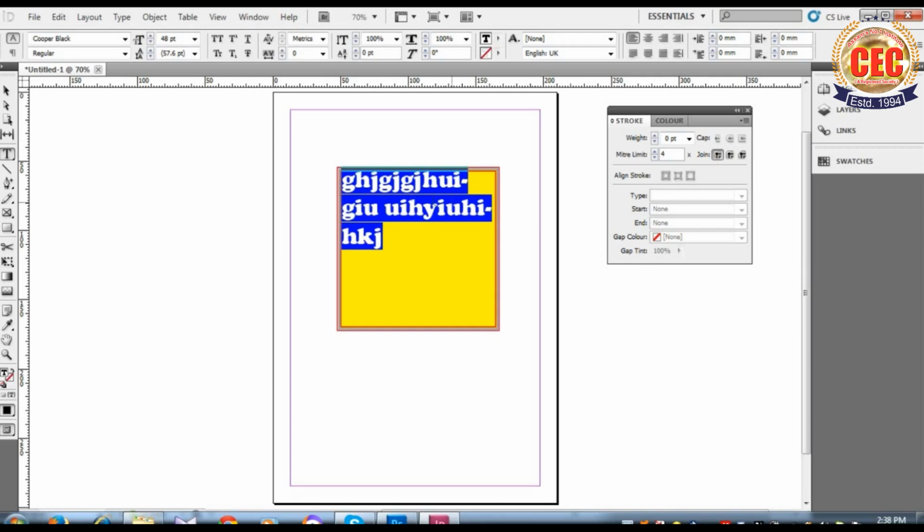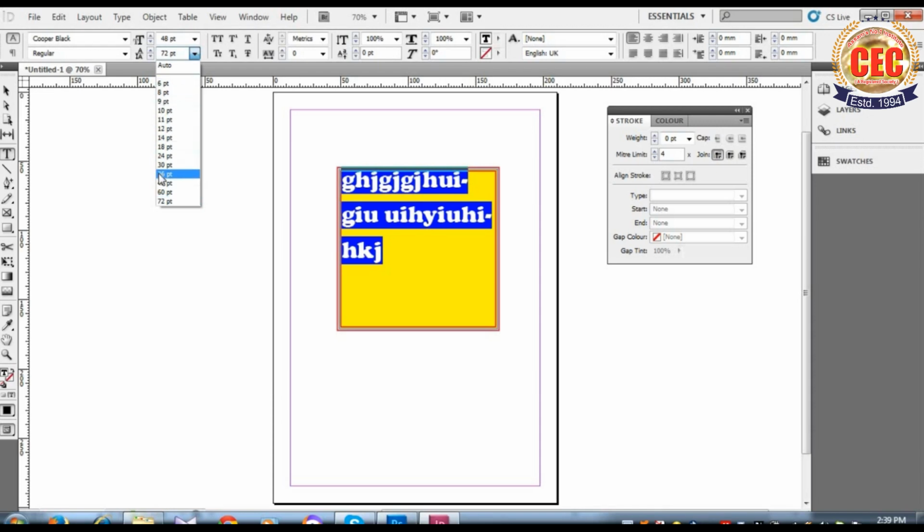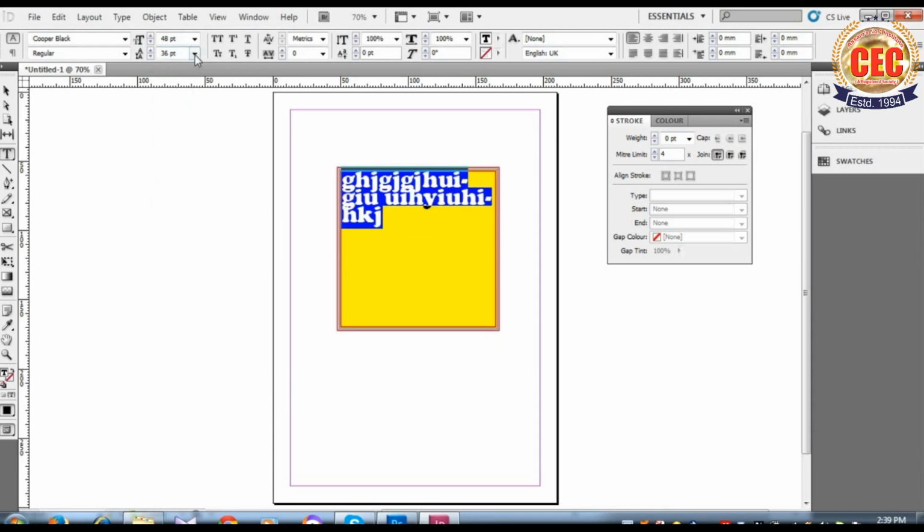After this, if I want to change the line spacing in between these lines, then I'll have to go to the option below the font size and select a point from here. Now we can see the gapping of the lines has been changed a little bit. It has been increased. Again I have selected the last option, 72, and it has been increased a bit more. Now if I want to make the gap smaller, then I am going to select a different option. Now the spacing has been lessened from before. This way we can change font size or line spacing.